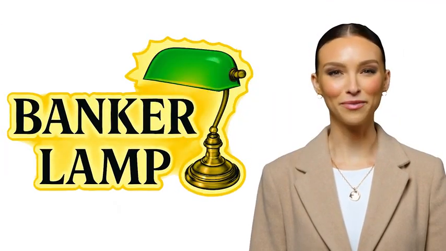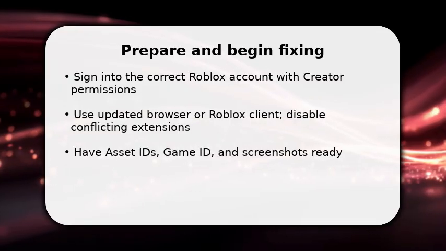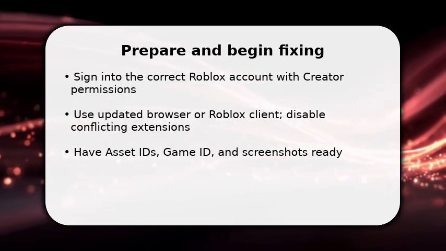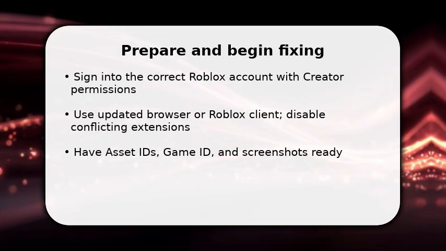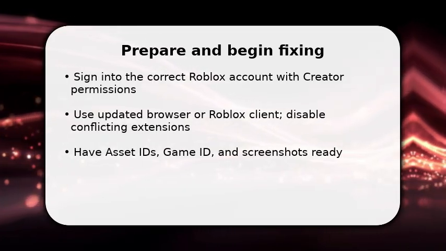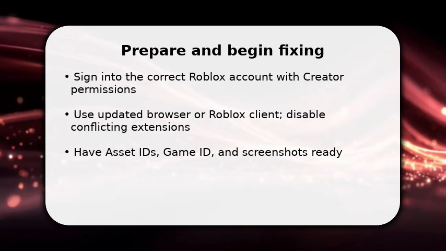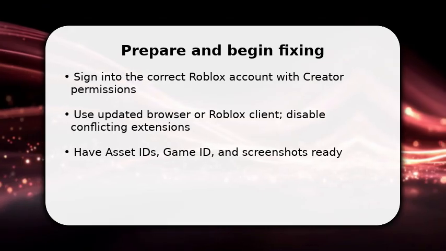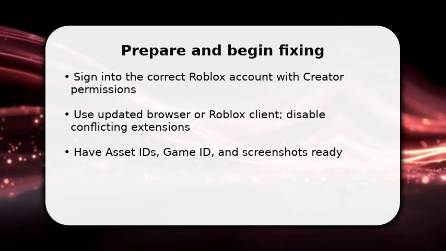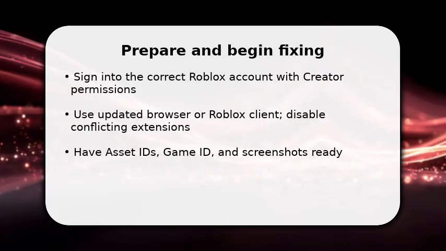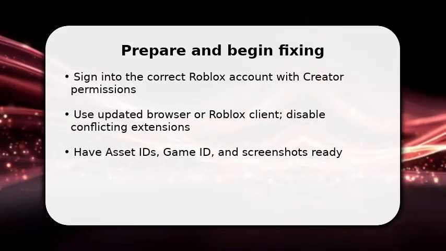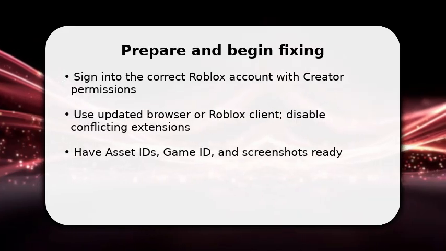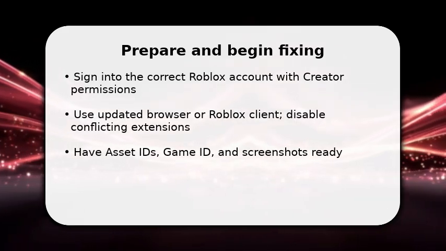Please enjoy the video. You start by confirming you are signed in with the account that owns or manages the place. This matters because view details are permission sensitive. Once done, open the updated browser or Roblox client and disable extensions that block scripts since they can hide details. Make sure you have the game ID and any asset ID handy for quick checks. These identifiers let you target the exact place or asset to inspect without guessing, and they speed up subsequent API